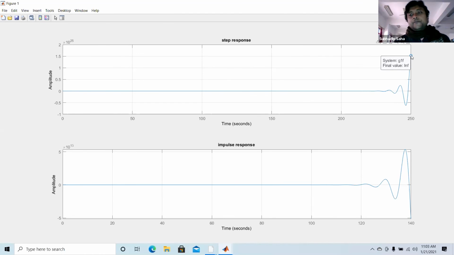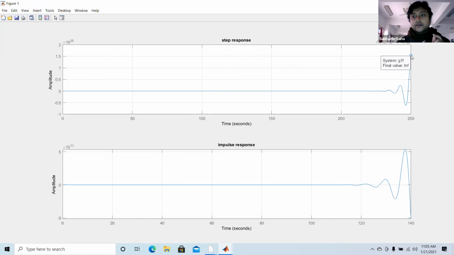Why is that? There is a phenomenon that when you increase the number of open-loop poles at the origin, that is, when you increase the type, type 0, type 1, type 3, type 4, type 6, the system goes towards instability.